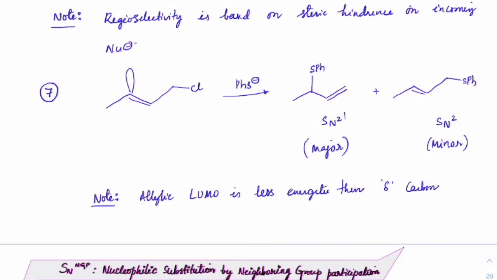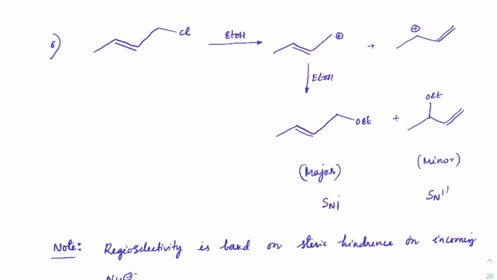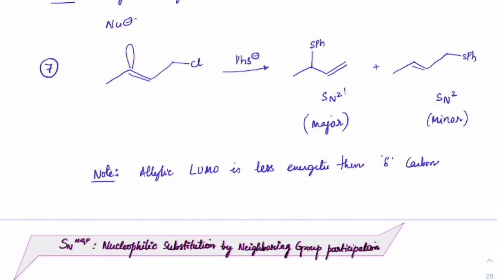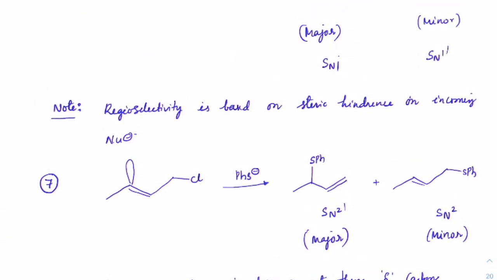Sir, such type of reactions happen only for strong nucleophiles. Yes, only for strong nucleophiles. SN2 is only for strong nucleophiles, SN1 is for weak nucleophiles. For this case, SN2, SN2 prime, only PhS minus. Not only PhS minus, any strong nucleophile. Okay, even if you take RO minus, even if you take HS minus, all of them will give you SN2 prime, you can call it prime or dash, SN2 prime as the major product. Okay, I hope all of you made a note of this.